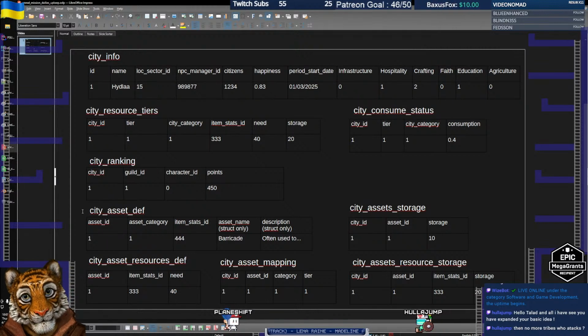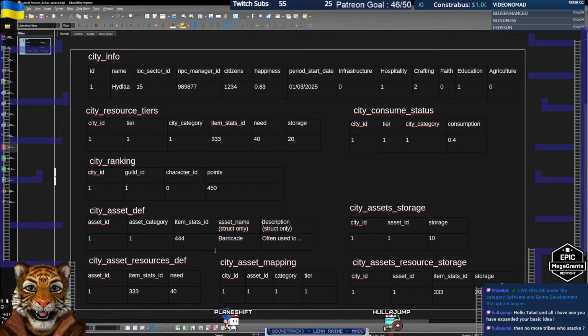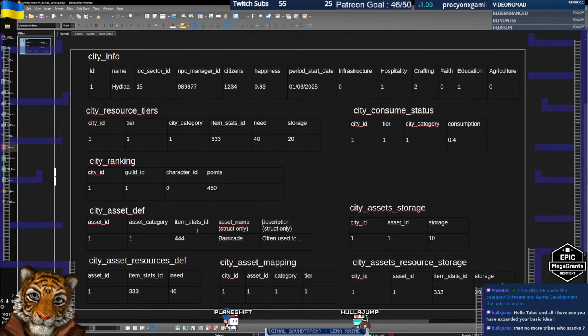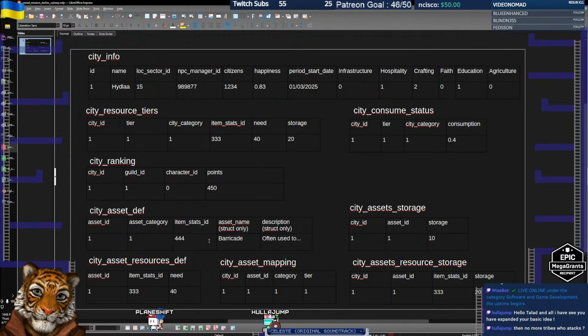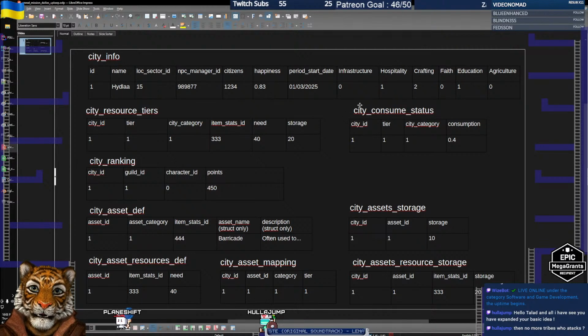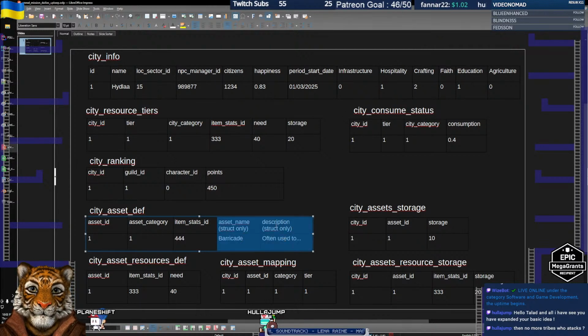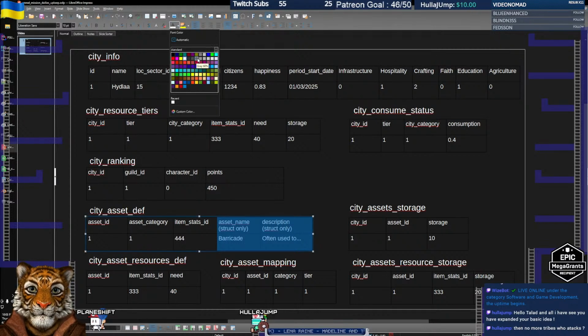They are taken from item stats ID. Because actually this was the database layout, right? So in theory,